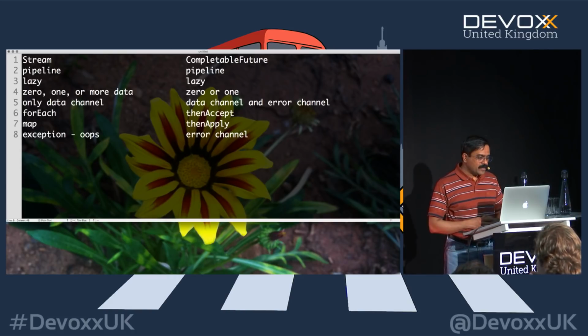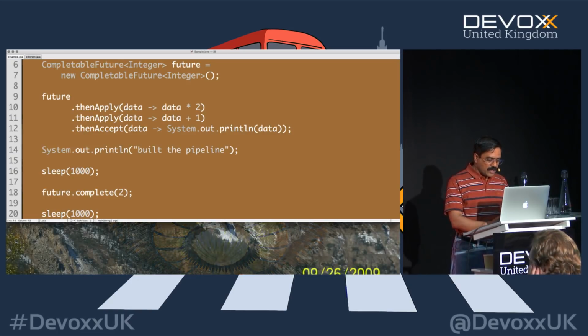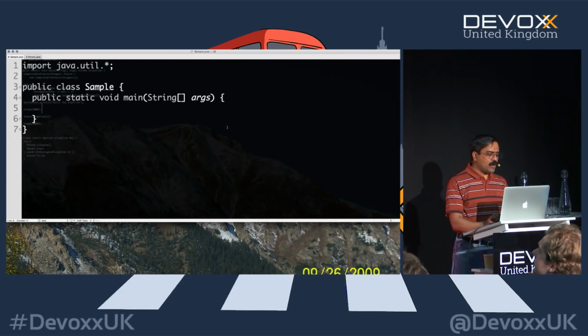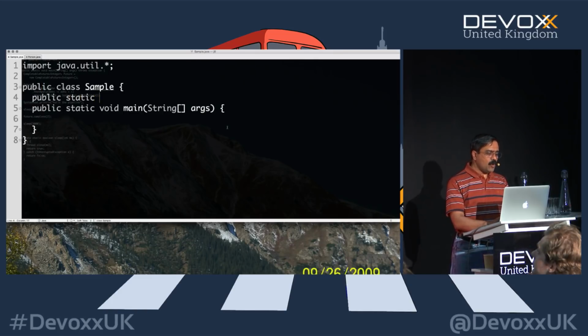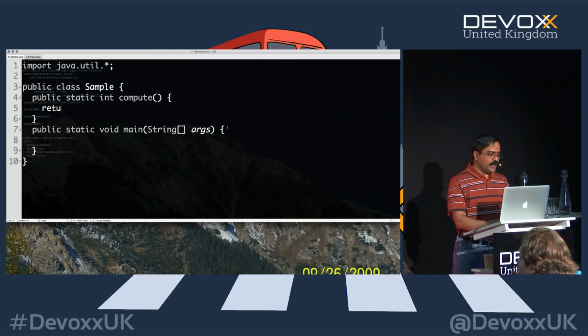So to understand this, let's step back and take a look at another example, and we'll come back and work with this current example after that. So I'll save this away. Let's go back to a previous example we just created, and just to fall back on how this is going to work. And then I'll come back to this example right after that. So let's say over here I have a compute method, which is going to take no input, of course, and all it's doing is returning a 2.